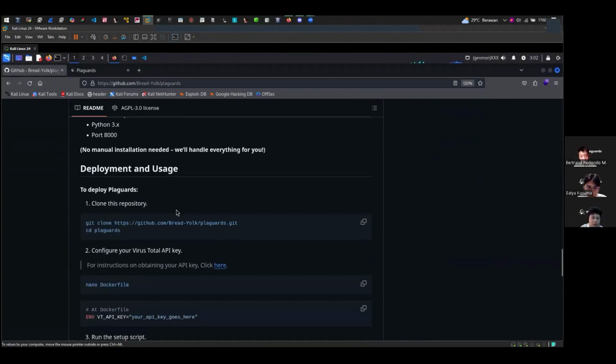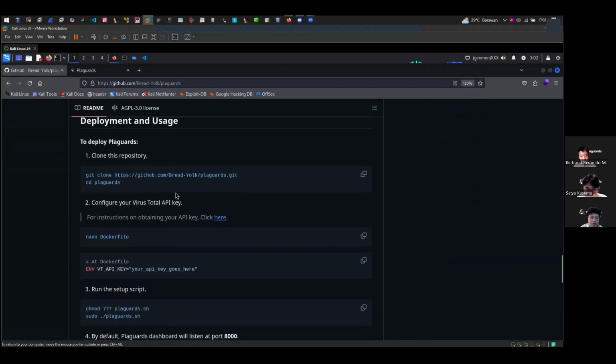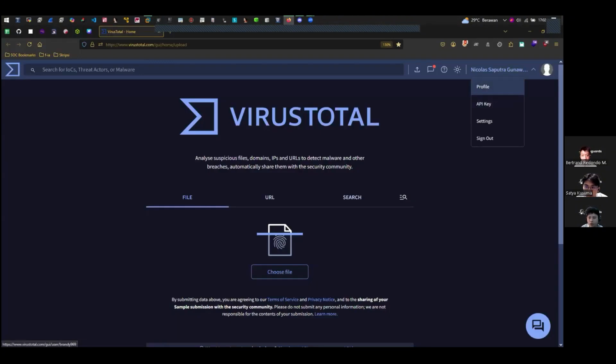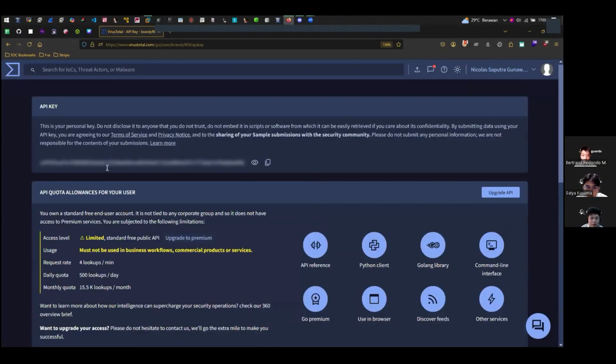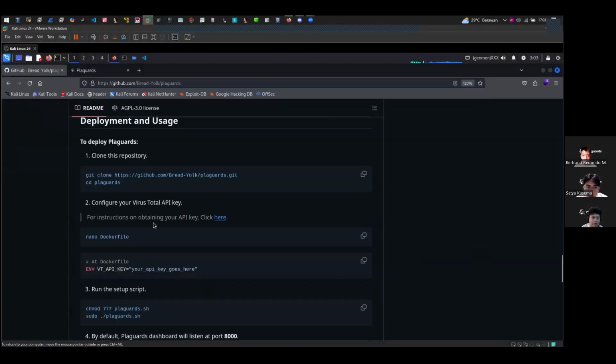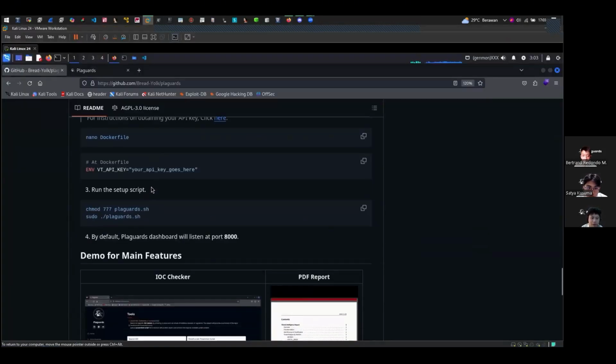The procedure is actually very straightforward. You can clone the repository, go inside the directory, and configure the API key first. For the API key, you can check the profile, then go to the API key section and copy your API key and paste it into the profile configuration of PlayGuards.